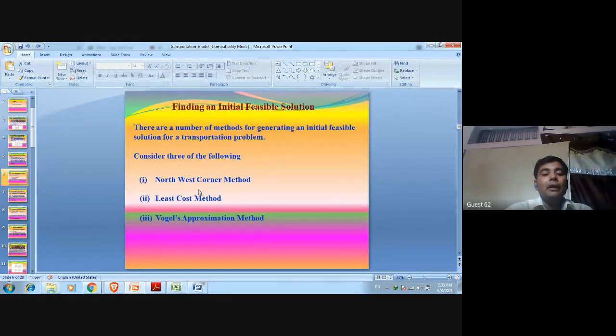एक ही एग्जाम्पल में आपको ये तीनों मेथड अप्लाई करने हैं, and you will observe which method gives you minimum transportation cost. Okay, so once you check this, after checking, when you find the optimal solution by applying either the modification method or the stepping stone method, then you will apply that method from these three which gives you minimum transportation cost. जब आप ऑप्टिमिटी टेस्ट करेंगे तो इन तीनों में से एक ही एग्जांपल में पहले से इन तीनों को लगाइए, फिर उसमें से देखिएगा.